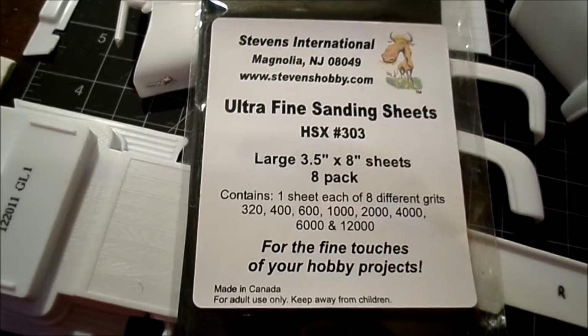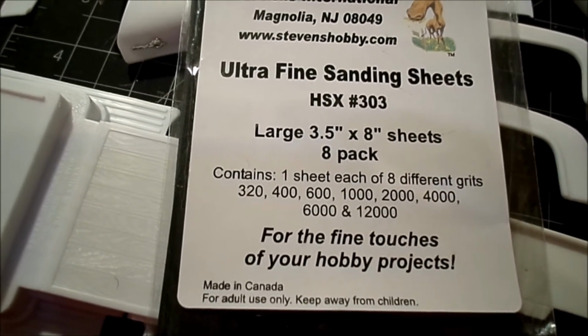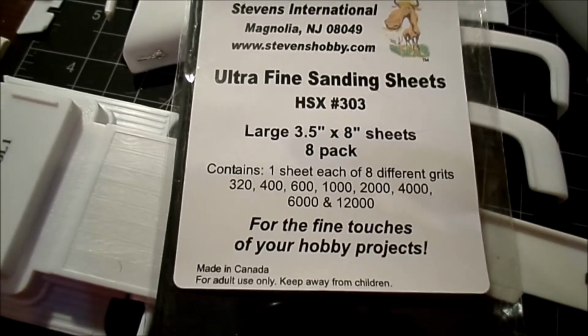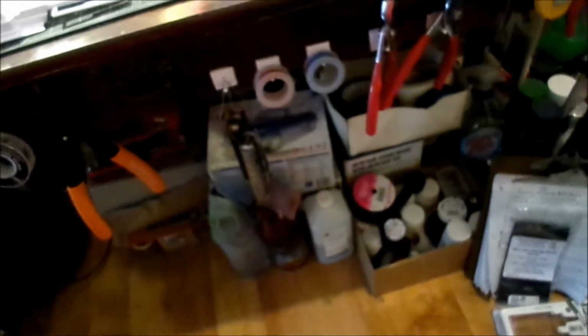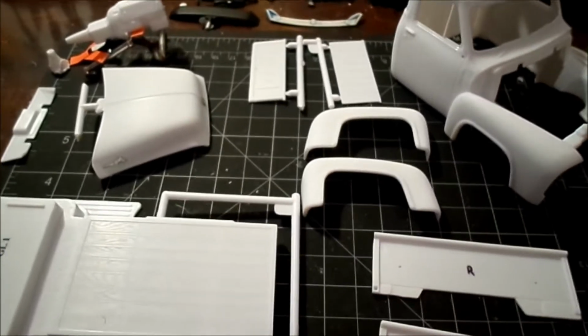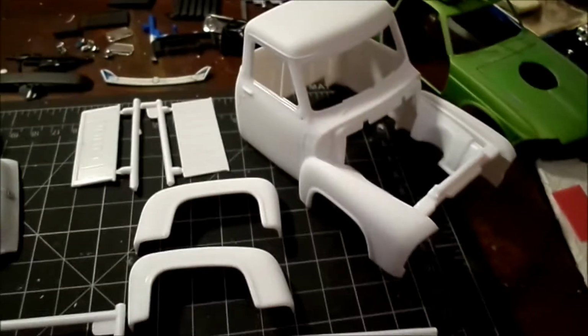hobby store, HobbyTown USA. As you can see, it has 8 different grits: 320, 400, 600, 1000, 2000, 4000, 6000, and 12,000. And oh my God, the outcome of actually sanding with these grits is pretty darn phenomenal, and I'm pretty happy with the actual product. But anyway, I started at 320, went to 600, and I have to say,